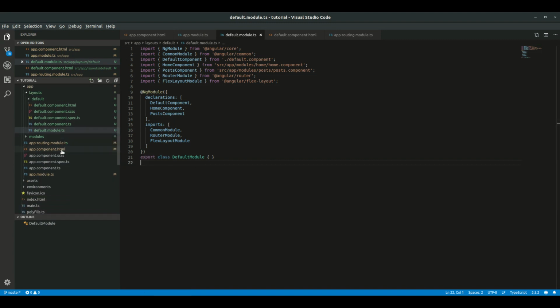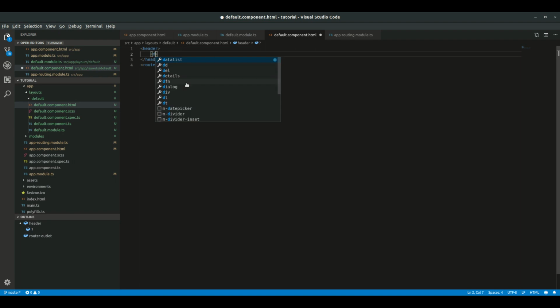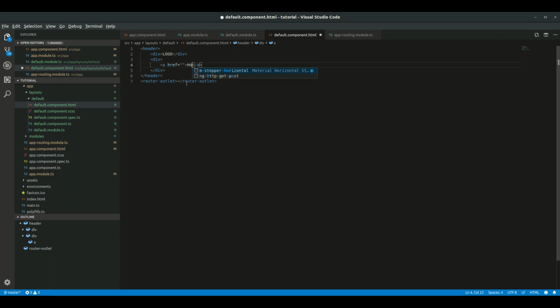I will go to the default HTML and add our header right here. Close the header, and inside the header I need a logo. And in here I need several links. I need a homepage,